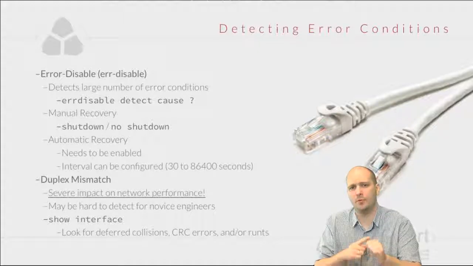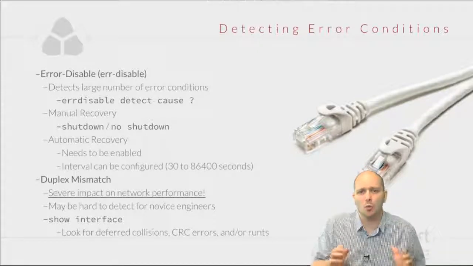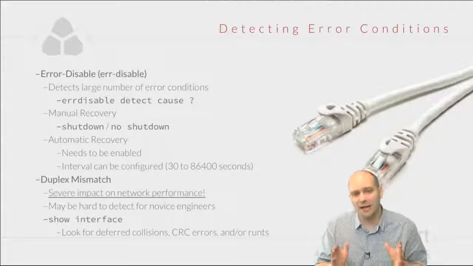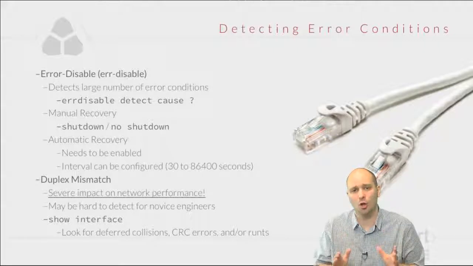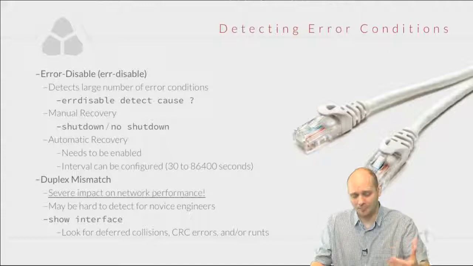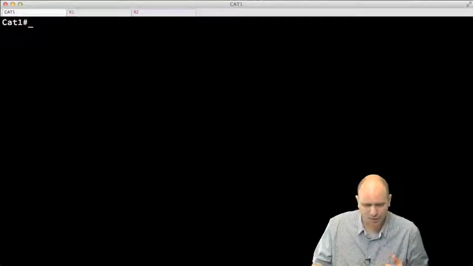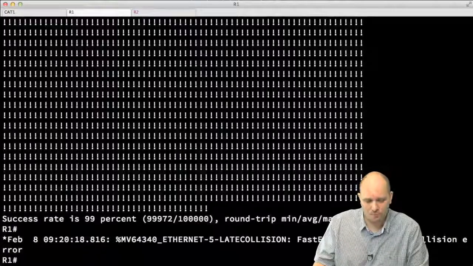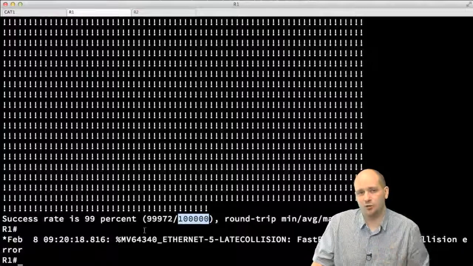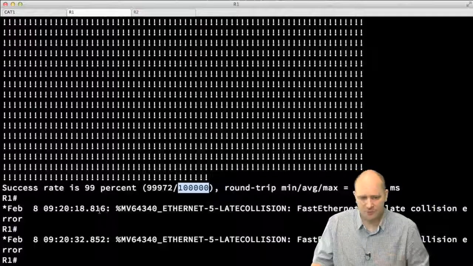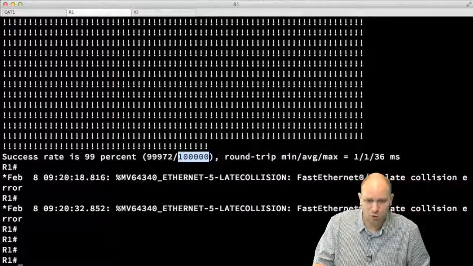Your symptom number one in a production network would be a severe degradation in the traffic. The next thing is you want to go ahead and take a look at the output of the show interface command. Now, while I was doing this module here, I actually had R1 and R2 send a large number of pings to each other. Now, R1 is connected to switch 1 and is connected to the port with a misconfigured duplex. So